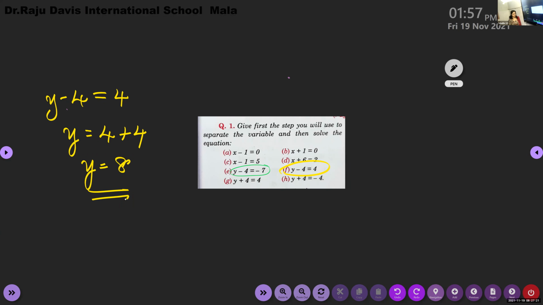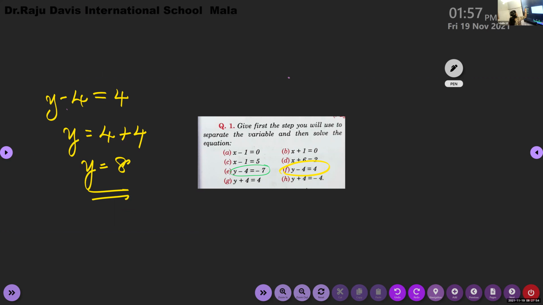Okay. So this is the way you are transposing the numbers on the left side, and finding out the solution. The first method, the balancing equation method, you can forget now. You have to proceed with this method, the method of transposing. Which is easy, children? Balancing or this one? Ma'am, transposing. Transposing is easier, isn't it? Yes. We are not thinking of anything which is to be subtracted and all.